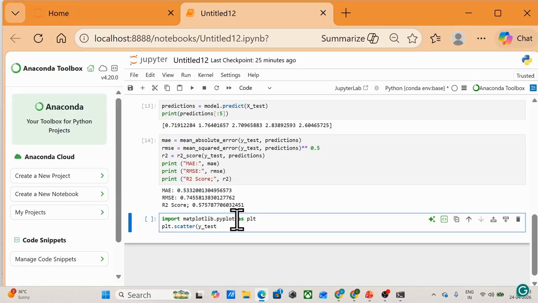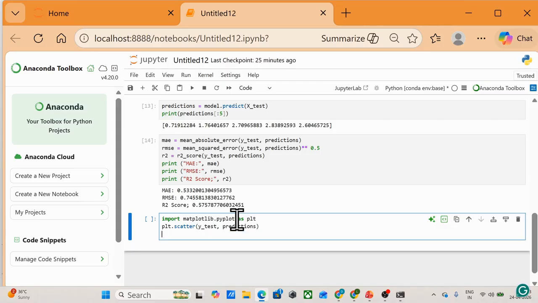Similarly, we'll plot now X label, that is actual prices.